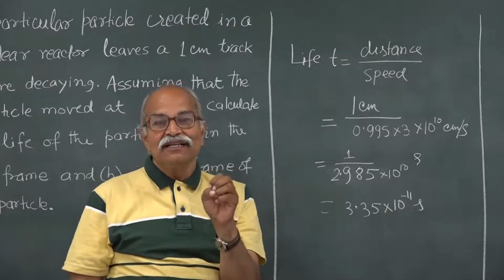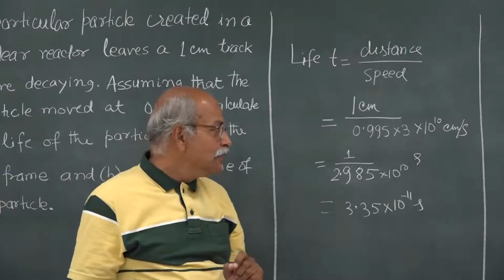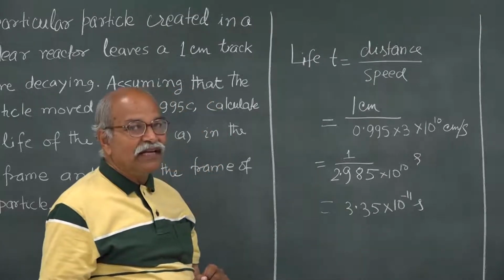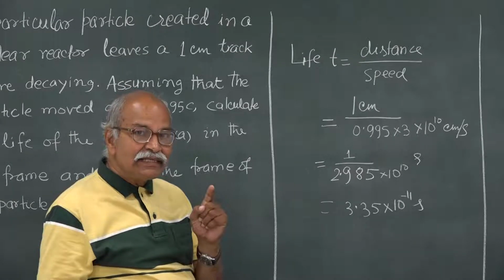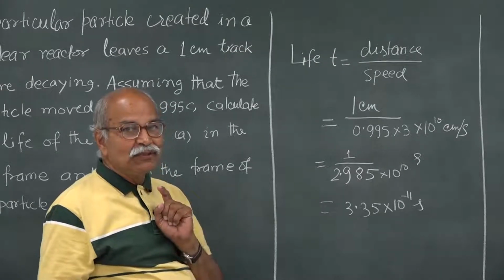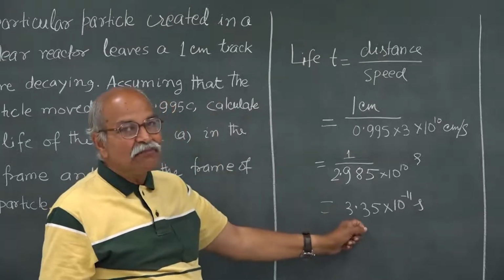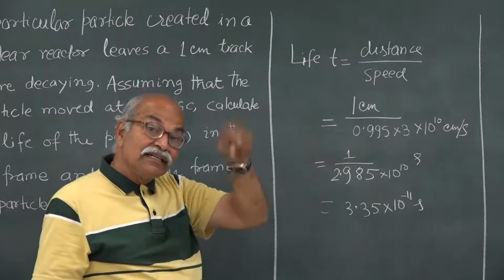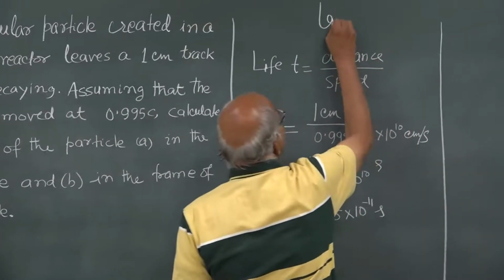So, the two events are occurring at the same position. So, that time interval will be the proper time interval, and proper time interval is the smallest time interval. So, the proper time interval is smaller than this by what factor? That gamma factor. So, this is in the lab frame,